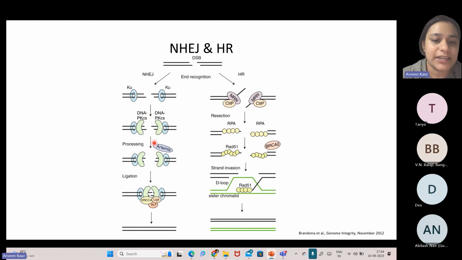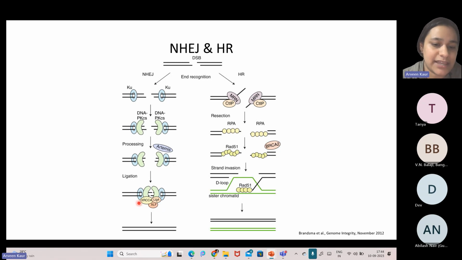After that, a nuclease, Artemis, will come into the picture. What this nuclease does is further trim the break, such that complementary segments become visible between these two broken segments. After this nuclease has done its activity, this complex that involves